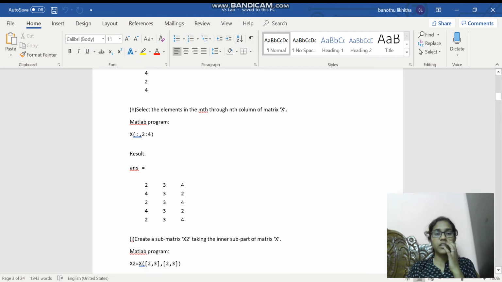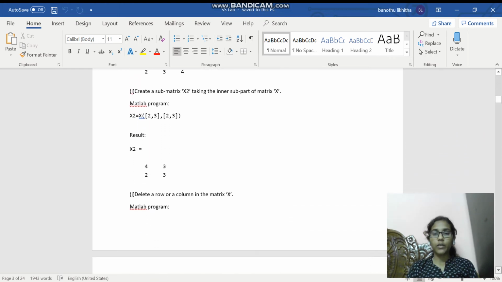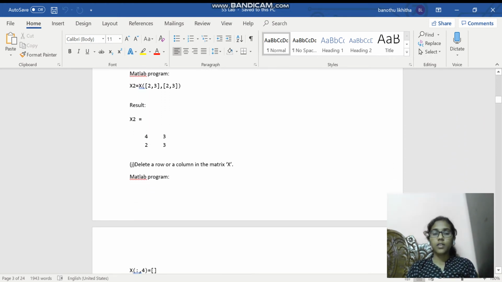And to select the elements from the fourth column through the second column, we have to use this operation. We will get the second, third as well as fourth columns as the result. And next we are going to create x2, which is a submatrix, and the elements are taken from the inner part of x, rows 2, 3 and columns 2, 4.